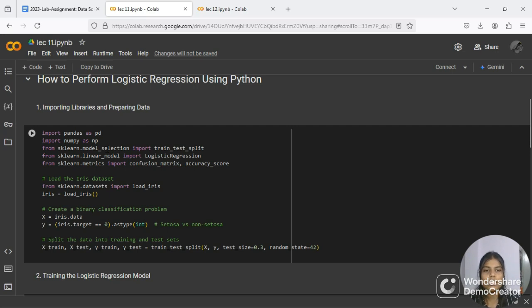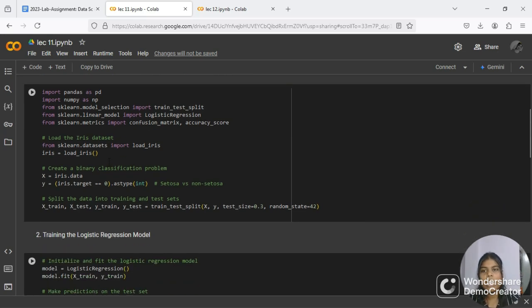Then we import the train_test_split function from the scikit-learn model selection module, and then we import the LogisticRegression class from the scikit-learn linear model module, and then we import confusion_matrix and accuracy_score from the scikit-learn metrics module. Now we import the load_iris function from the scikit-learn datasets module.